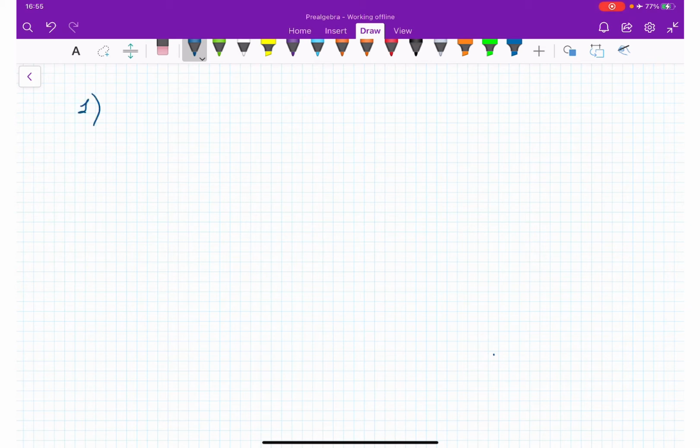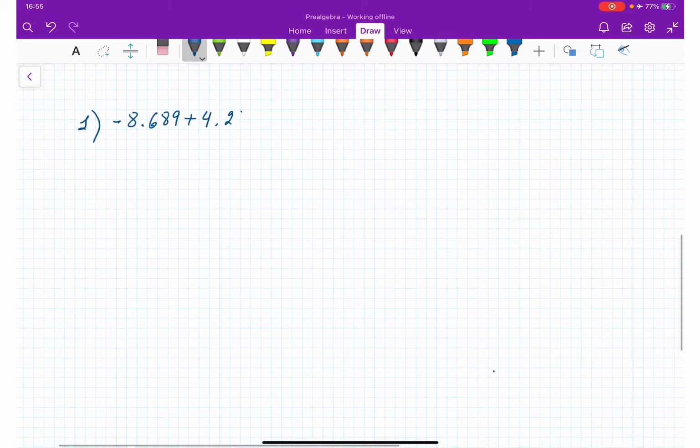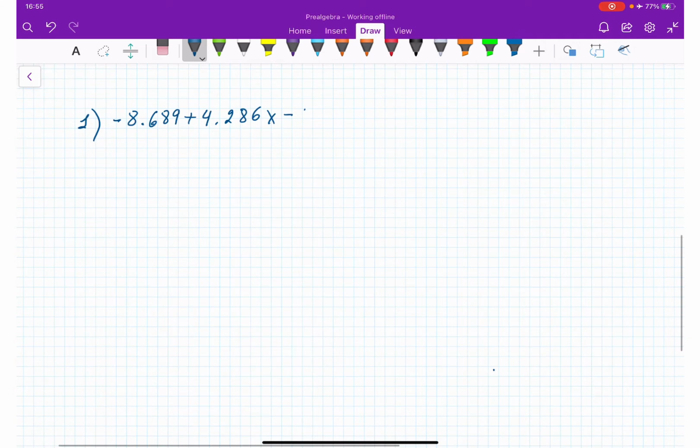Question number 1. Combine like terms and simplify. So we have negative 8.689 plus 4.286x minus 12.498 minus 11.956x and plus